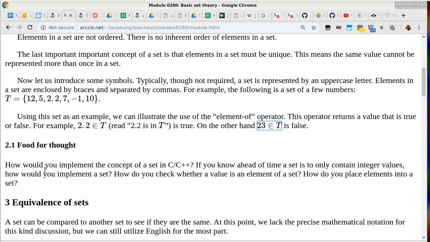So the next one, 2.1, asks you about how you would implement the concept of a set in C and C++. What do you think? Well, you could use an array, but you have to move through the array, and if they're all integers, you just add them up, and then you check the other array you're comparing it to, and you just make sure that the sum of